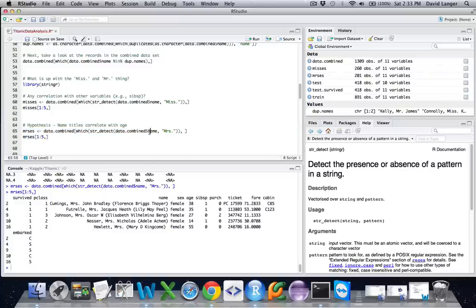As I mentioned before, R is case sensitive and I had a capital N there, so once I changed it to a lowercase n, it worked just fine. Okay, so with Mrs., as you would expect, we've got a number of patterns going on. All of these women survived. In general, they tended to be in the upper classes of passengers. They all seem to have the same general pattern, which is their husband's name first, and then what appears to be their maiden name, we're assuming, in parentheses behind.